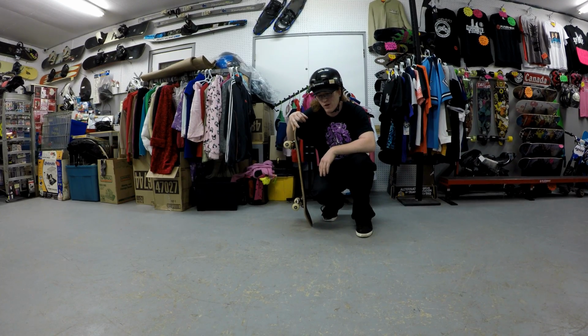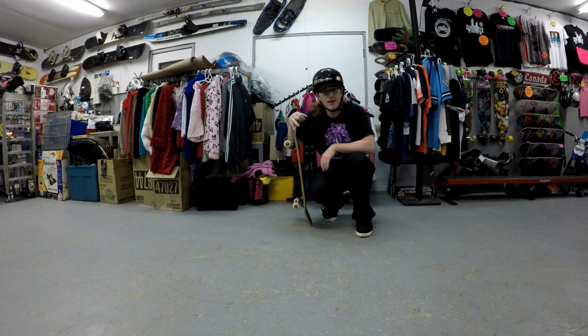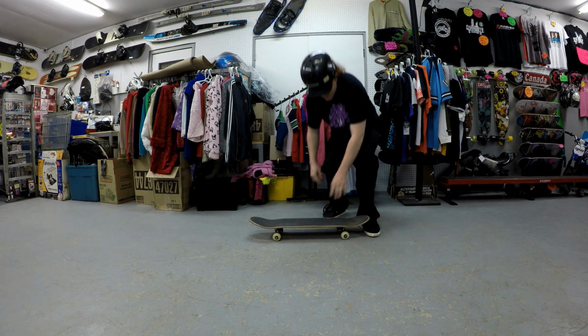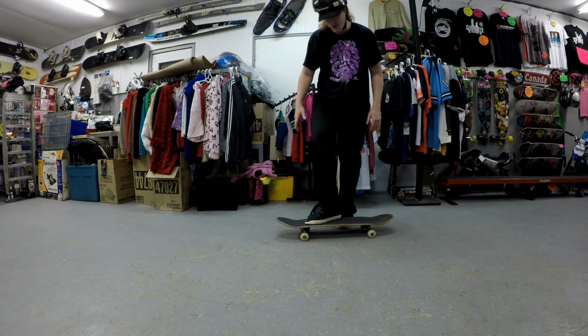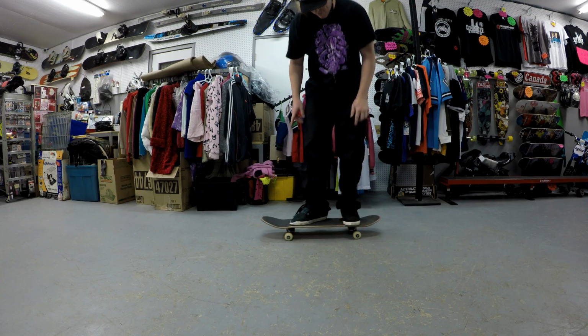Okay, this is another longboard trick, but it's also freestyle. It's called the Racoon Touch, and it's actually a lot of fun to do. It's actually really easy when you get it. As a starter, you might take a few tries, because what you're going to be doing is, well, like I'm Goofy, so for example, I'm going fast this way, and you're going to have your back foot